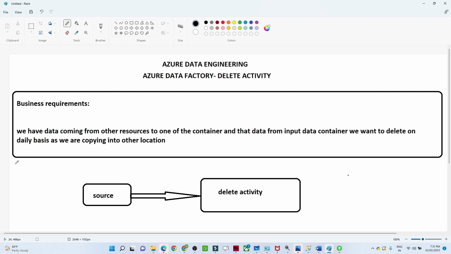Let me explain what is happening. Suppose you have a web application, and from there you are continuously receiving data into a source location. This source location is an input container in an Azure storage account. In the Azure storage account you have an input container, and in this input container you are receiving data